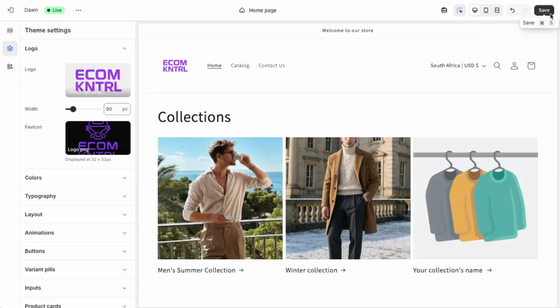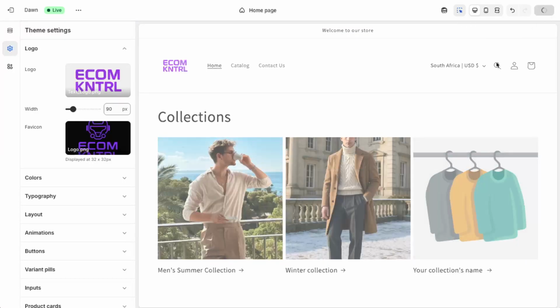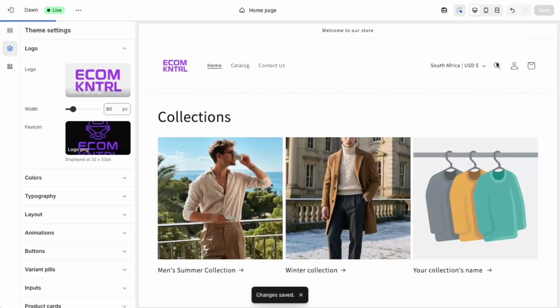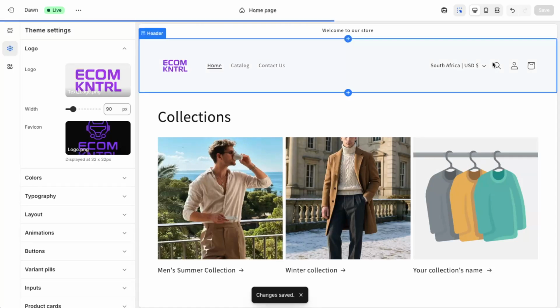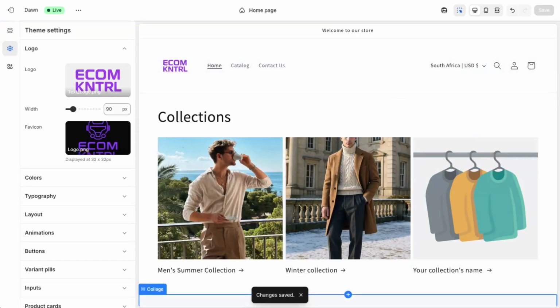To finish, look for the Save button in the top right corner of the theme editor and click Save. This applies your changes to the live store. Your new favicon may take a moment to appear. You can open your store in a new tab